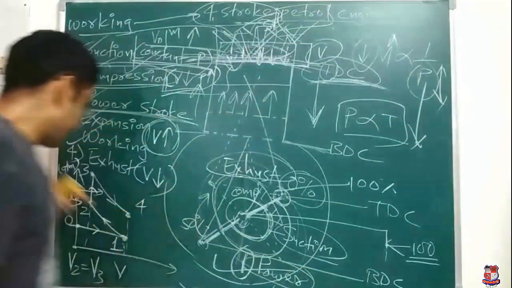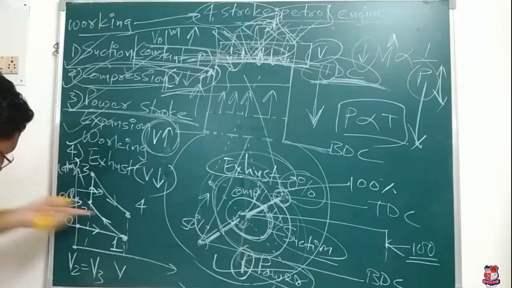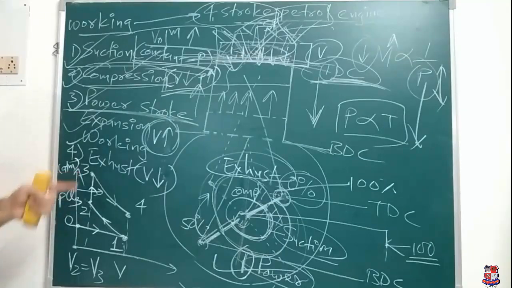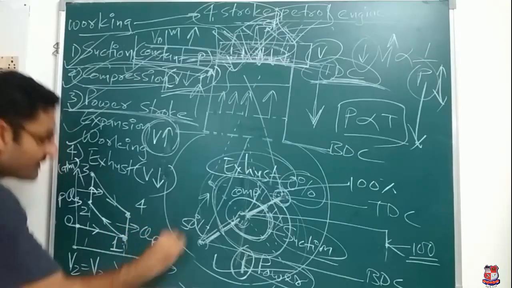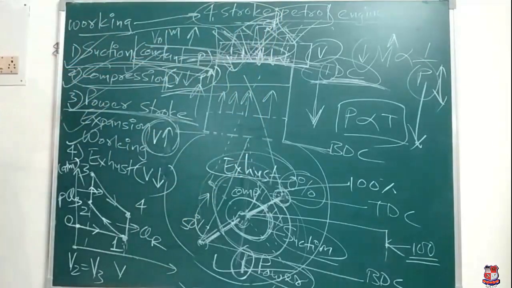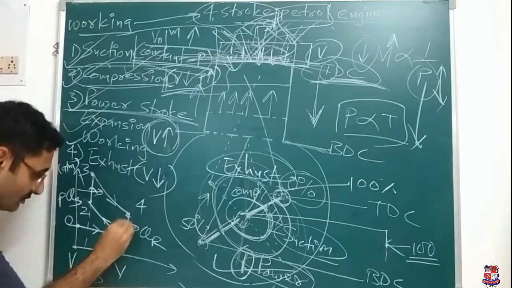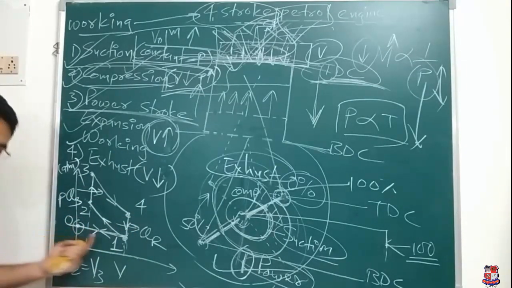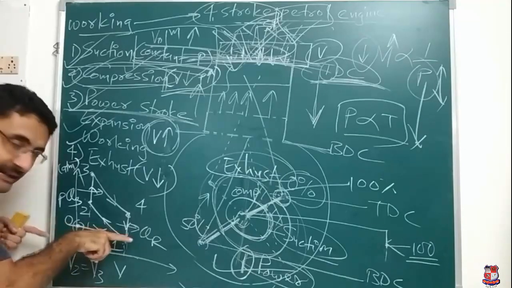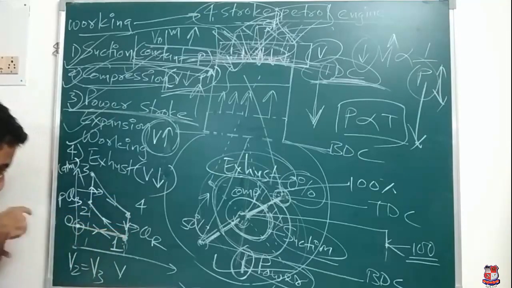Pressure is decreasing from P3 to P4. And later we will discuss that. And finally 4 to 1, what happens? Whatever heat is there, due to the opening of the outlet valve, it will be rejected to the atmosphere. That is your 1 atmospheric pressure air you initially took during the suction stroke, and finally in the exhaust stroke